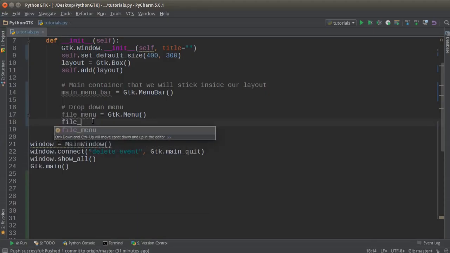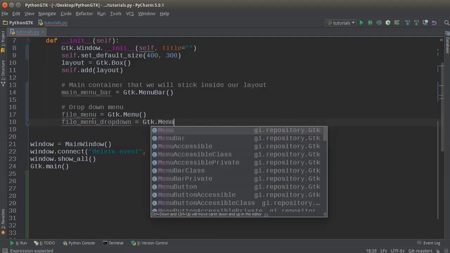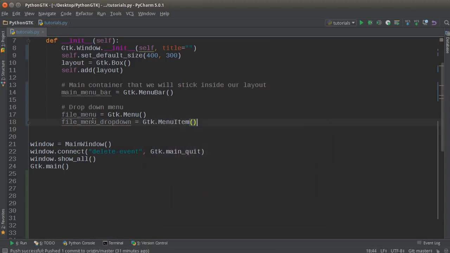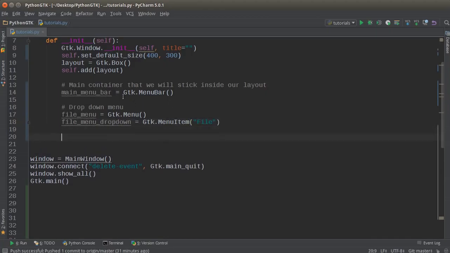So in order to get that drop down, you go file menu, drop down, or name it whatever you want. And this is GTK menu item. From here, we can just give it a word like file. And again, I know that this is kind of weird, but that's just how you do it. So now we have a drop down area,